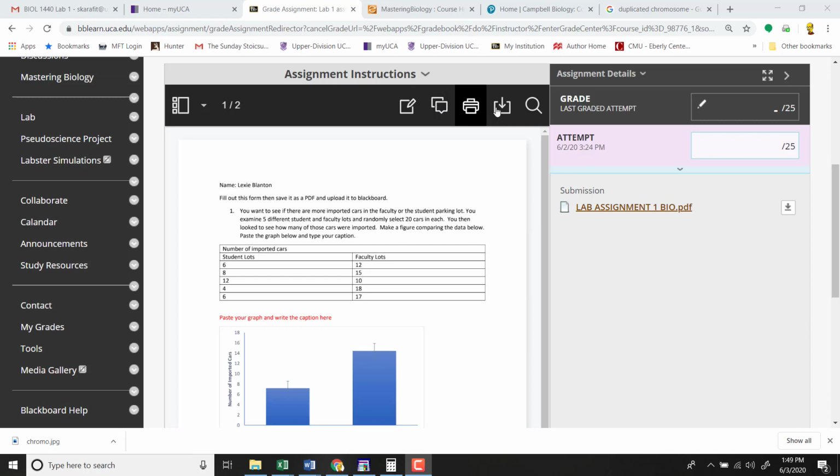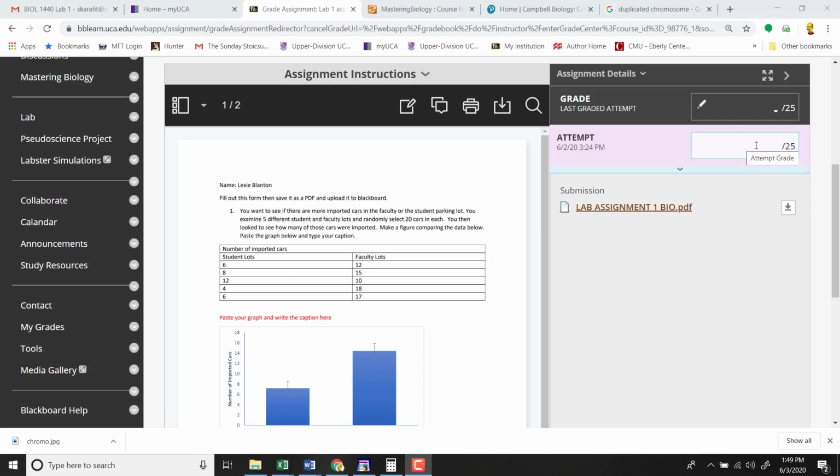They've actually changed this since I last did it, but here are tools for commenting. On the form, there's a comment tool and an annotation tool you can use to make comments on this document itself. You can download it if you needed to for some reason, but